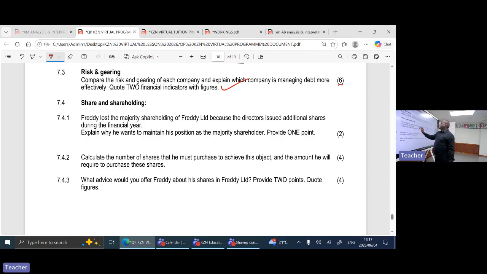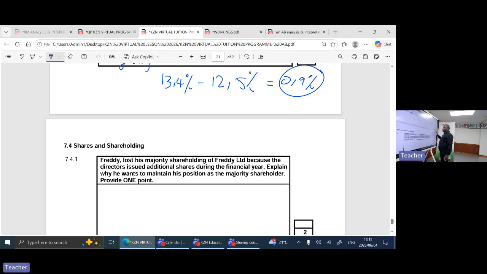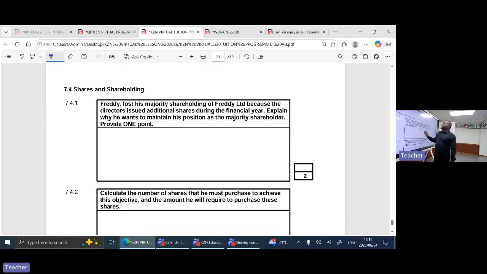Freddie lost the majority shareholding of Freddie Limited because additional shares were issued during the financial year. Explain why he wants to maintain his position as the majority shareholder. Remember, to be majority shareholder, he must own 51% of shares. Now, why would you want to maintain your shareholding? 1 point. That is because